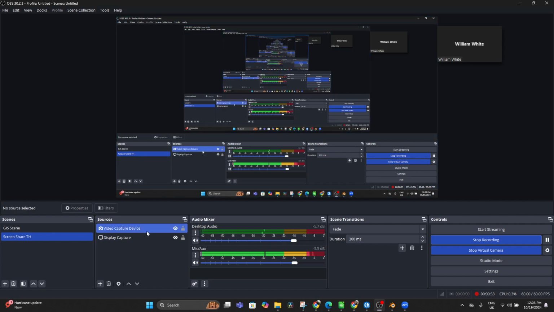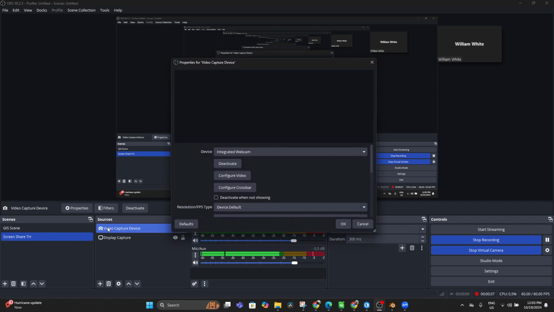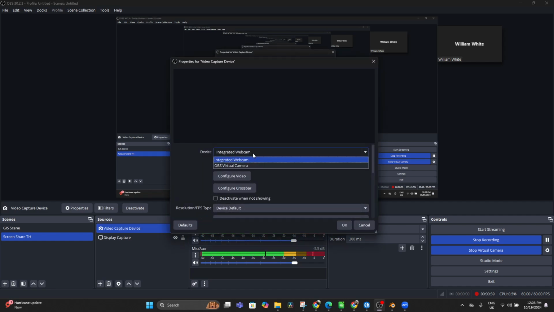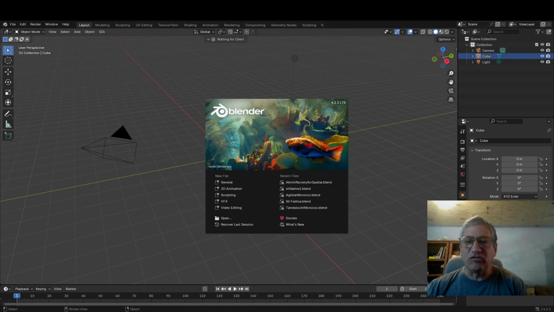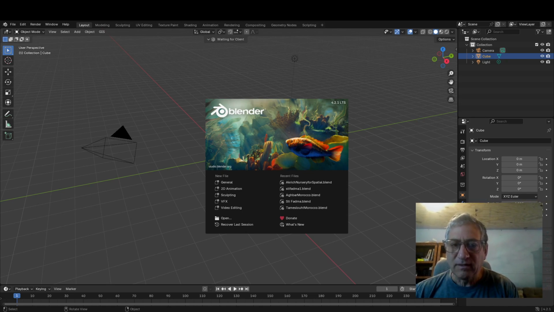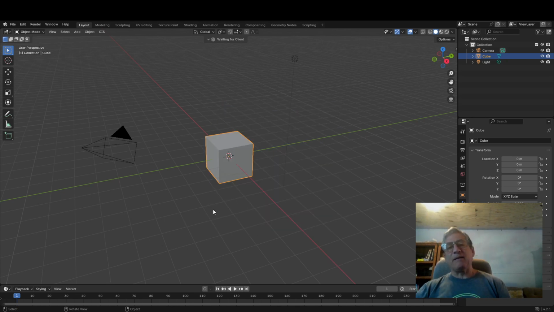And I don't have a video capture device working. Why? Probably because I'm using my video for Zoom. There we go. So do you see me at the bottom right corner? And you see the Blender screen, right? Yes. All right, so I'm recording this video, and I would be going, "Hey everybody, I'm going to start working